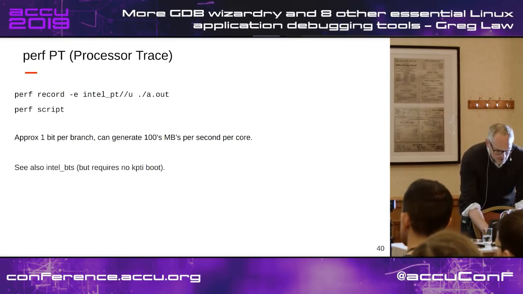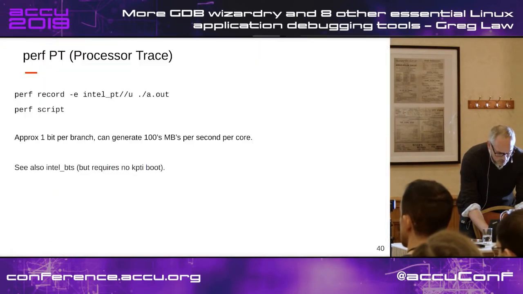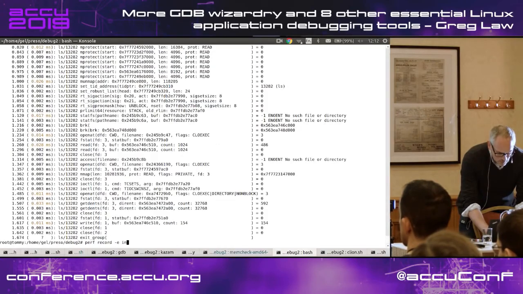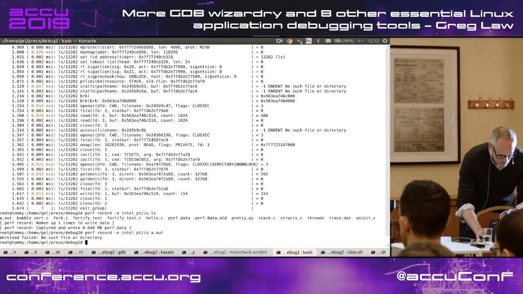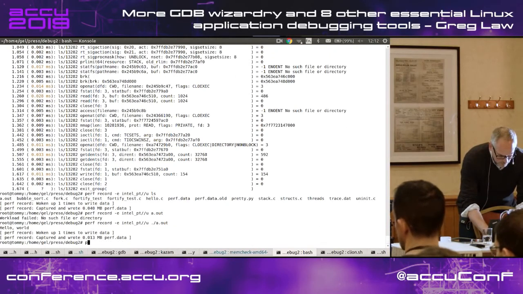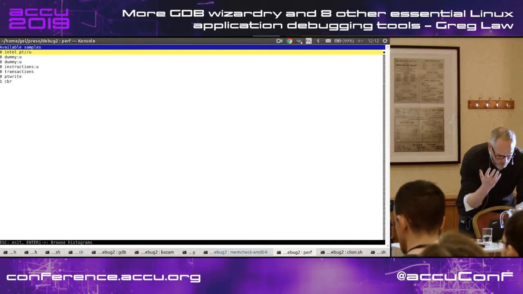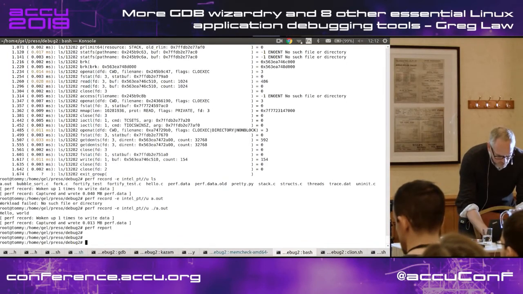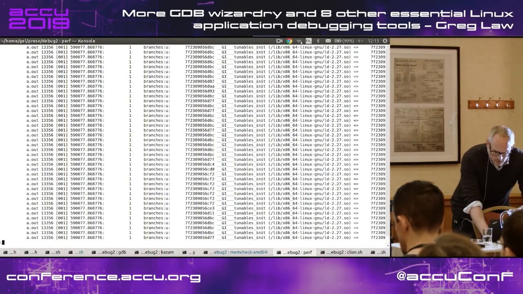So Intel PT with :u for just the user space part. So perf record with Intel PT. If I run it like that, and actually let's do it with my program. And now I can run perf report. This is the view that's more commonly used for profiling, which isn't actually what I want to do here. So if I run perf script, now I can see all of the branches in my program,